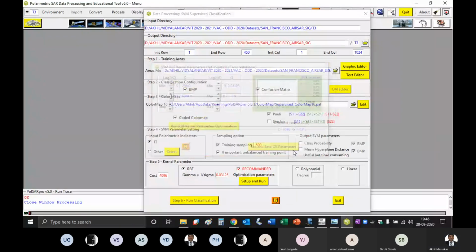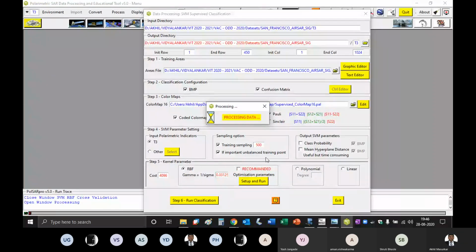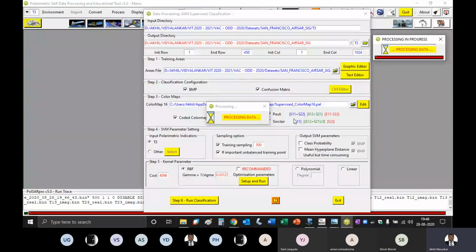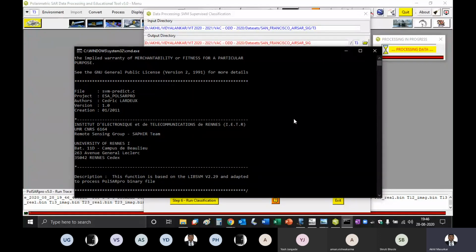Save and exit, and then say run classification.